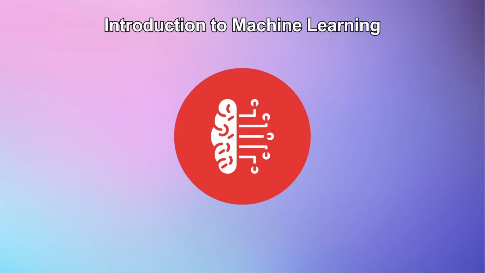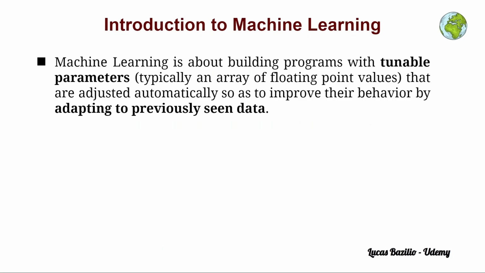Hey everyone, in this lecture we're going to make a brief introduction to machine learning. We can see machine learning as teaching a computer to get better at a task by itself. So instead of explicitly telling it what to do with fixed rules, we give it some flexibility. So it is like tuning the settings of a program so that the computer learns from examples and gets better